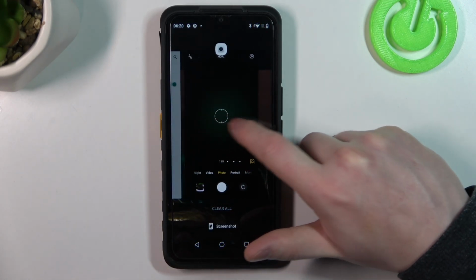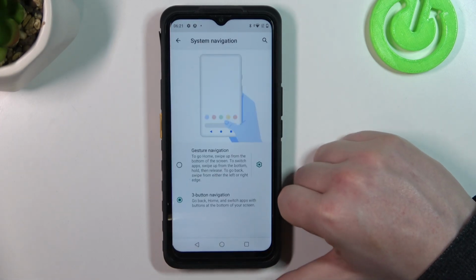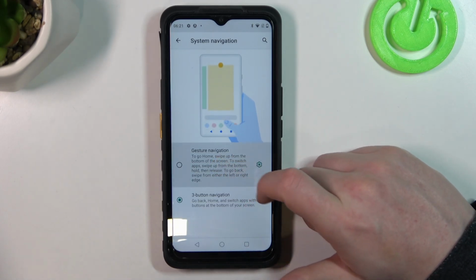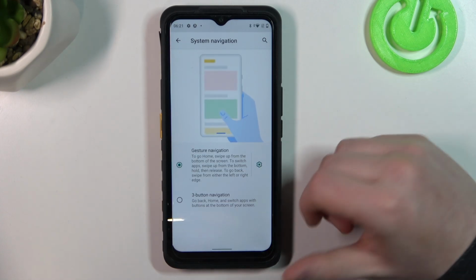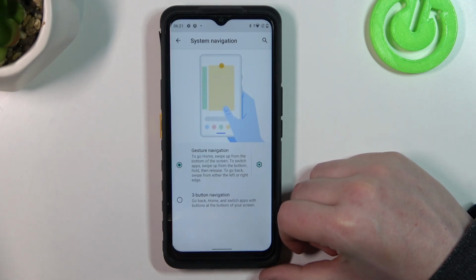Next feature is system navigation, and here you can choose to use gesture navigation or three buttons navigation. If you choose gesture navigation, you can navigate through your phone using different gestures. There's many of them, and I would make a whole new video about it. But